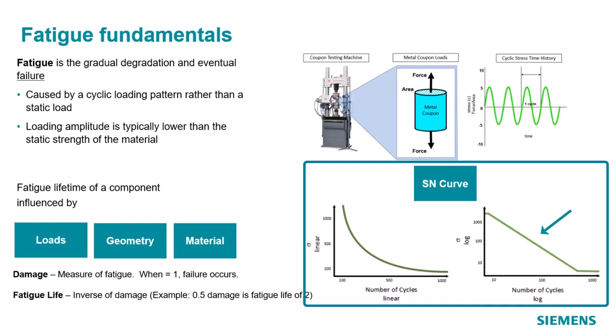And the slope of this curve, which is related to a factor called K, changes with different materials that are tested. Even for the same material, like high carbon steel and low carbon steel, this SN curve will change. So it's important to know the material it is made of. Some of the standard properties for commonly used metals like aluminum and steel are already known. But if the composition is different, based on how much carbon or any other material is there, or if you have a composite, you need to have the specific SN curve for that material.